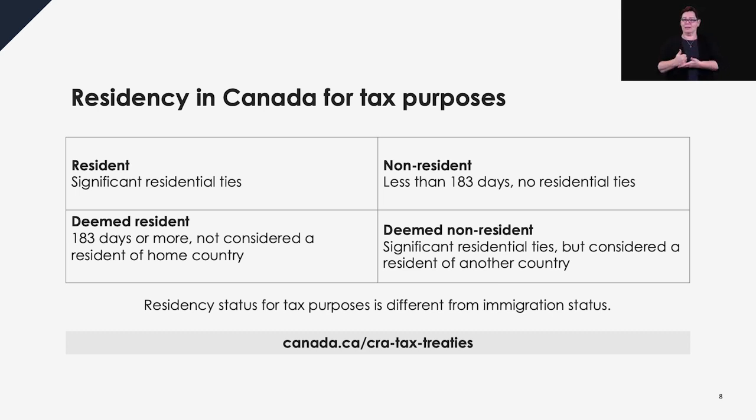You are one of the following types of residents for income tax purposes. A resident if you have significant residential ties with Canada, regardless of the number of days spent in Canada. A deemed resident if you do not have significant residential ties with Canada, but you stay in Canada for 183 days or more in one calendar year, and you're not considered a resident of your home country under the terms of a tax treaty between Canada and that country. To find a tax treaty, go to